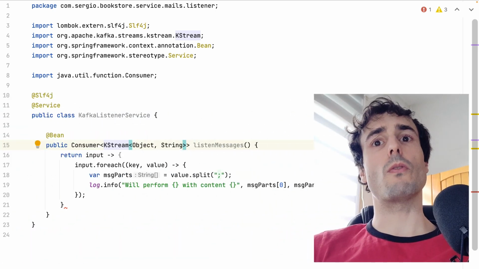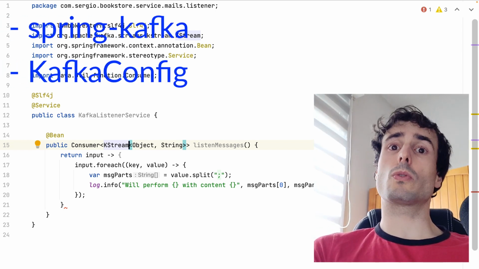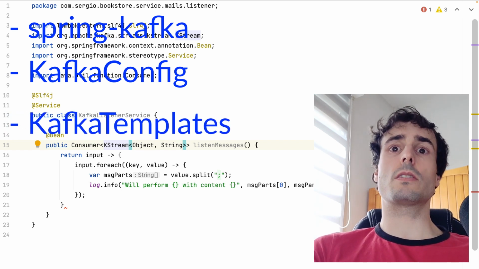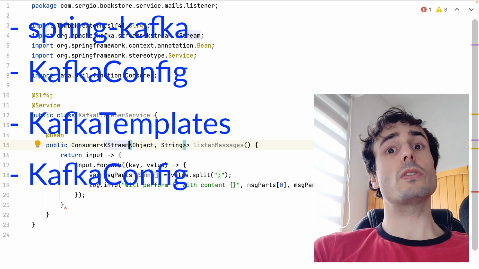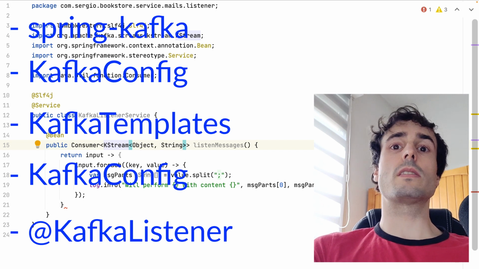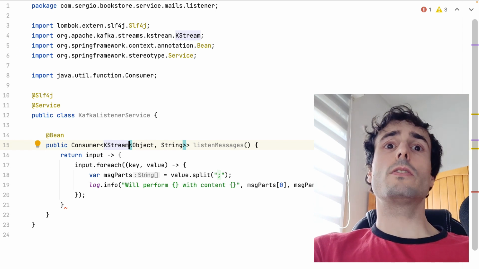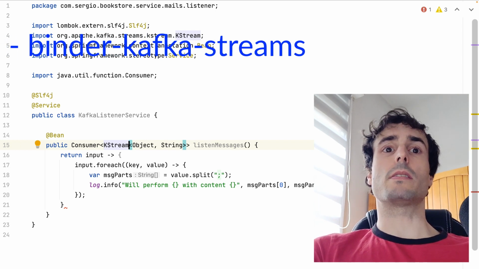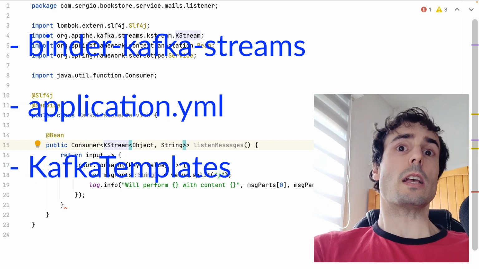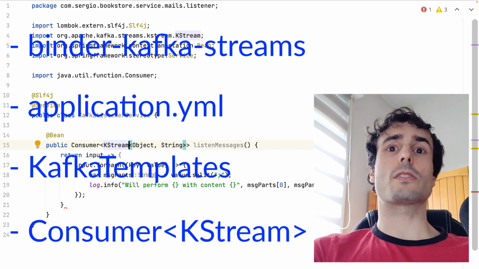Let's make a quick recap of what I've done. I can use the Spring Kafka dependency. I've created a bean to connect to Apache Kafka. I've used the Kafka template to publish messages to a queue. In the consumer, I've used a similar bean to connect to Kafka, and the annotation Kafka listener to listen to the messages from the queue. And with the stream dependency, I've added the binder Kafka streams dependency, configured my connection in the application YAML. The producer remains as before, using Kafka templates, and the consumer uses now a consumer of KStreams